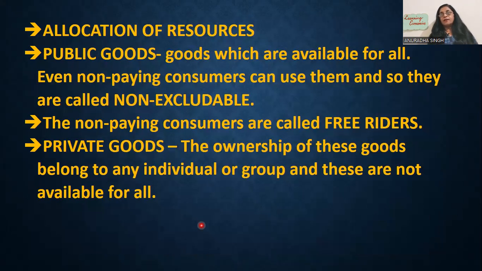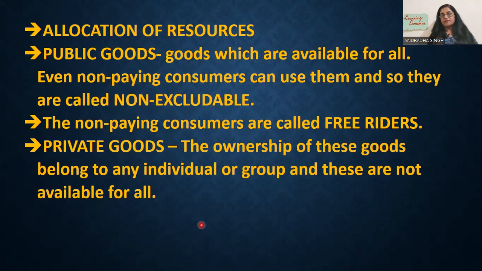So allocation of resources is very necessary, because we have the private sector and the public sector also. There are private goods which are owned by individuals, and there are public goods, public things which are owned and maintained by government, like roads, etc. They have to be provided. Now, when government is giving some public facilities, mainly people are using them and paying some nominal fees for it. But sometimes it also happens that there are some consumers who are not paying, but then they cannot be excluded.